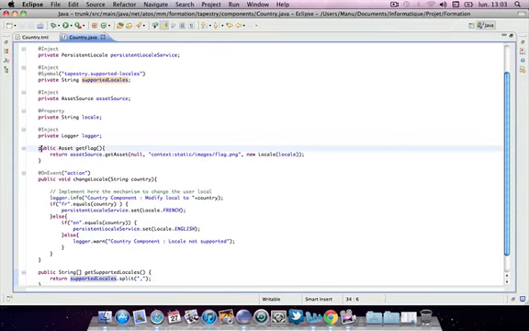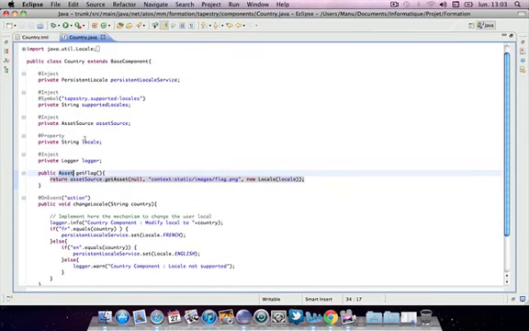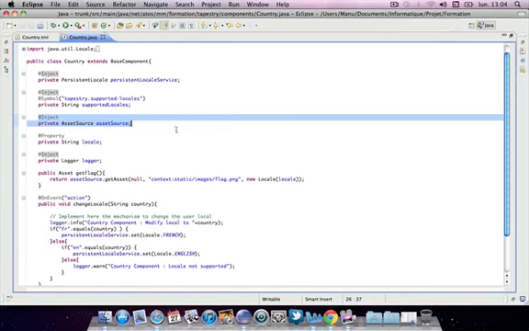For doing that, we have a get flag method which will return an asset object. So we injected the asset source service, very useful when you want to make your asset independent of the locale.